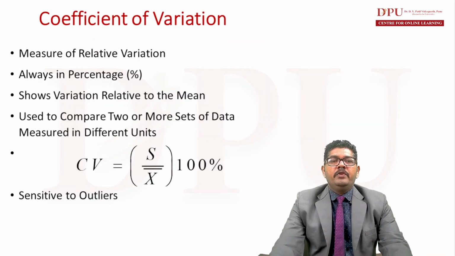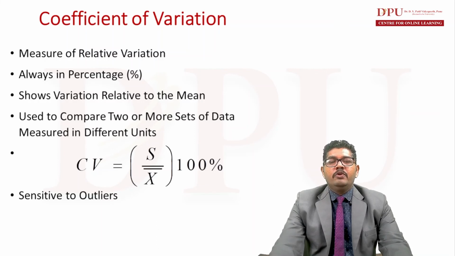Coefficient of variation is a measure of relative variation, and every relative measure helps us compare data, always in percentage. So it is calculated in percentage as we multiply the fraction by 100. It shows variation relative to the mean. We use standard deviation as well as mean, and it is basically a ratio of standard deviation to the mean. It is a relative measure used to compare two or more data sets measured in different units,